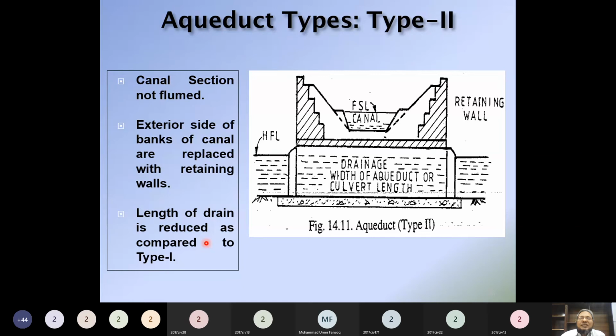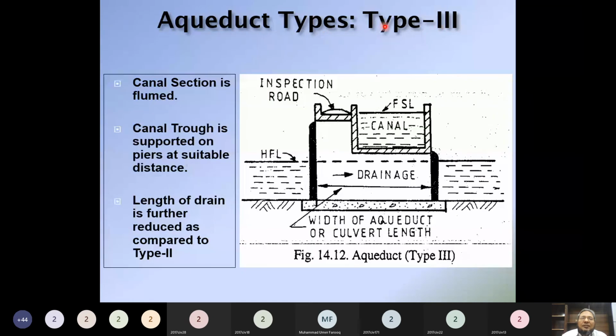Now what is the type 3 aqueduct? This is the type 3 aqueduct. इसमें क्या है? कैनाल सेक्शन इज फ्लूम्ड. अब हमने क्या किया? कैनाल सेक्शन, कैनाल बड़ी चौड़ी थी, उसकी बेड विड्थ ज्यादा थी, we have reduced by fluming. हमने उसकी विड्थ को कम कर दिया। क्यों कम कर दिया? To reduce the cost of the